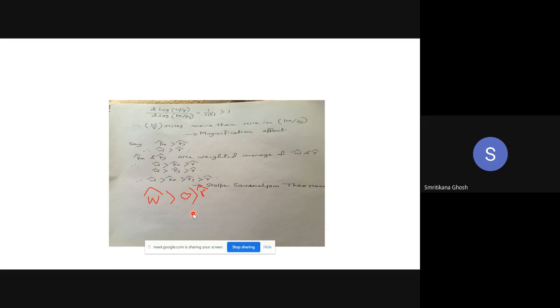Now, how can you explain it? Look at the beauty, look at the importance of this theorem. What happened? There is no change in price of Y. Price of X is rising. X is assumed as labor intensive. So the price of the labor intensive commodity is rising. Nothing else. And what happened in the factor market? The reward for labor is rising.